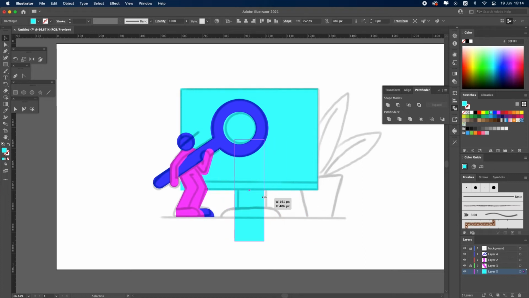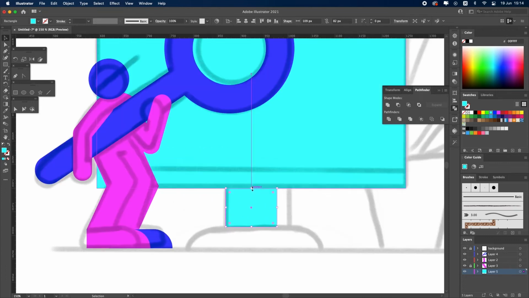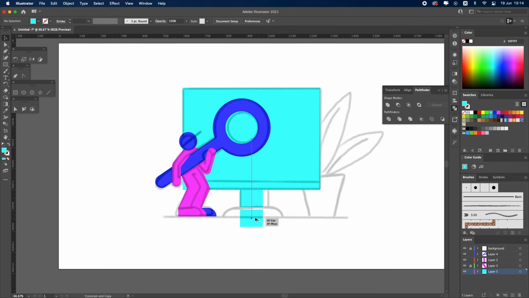Using the Alt button on the keyboard, plus moving the object with the mouse, we will drag the square we created and resize it. It's okay that the result does not look as accurate as in the sketch. We will do again what we did, and this time for the bottom of the stand. We will select the Direct Selection tool, select the upper corners of the rectangle, and round the corners. The screen is ready.